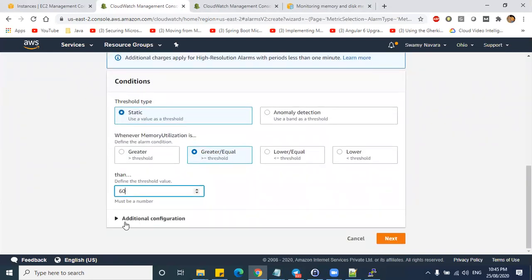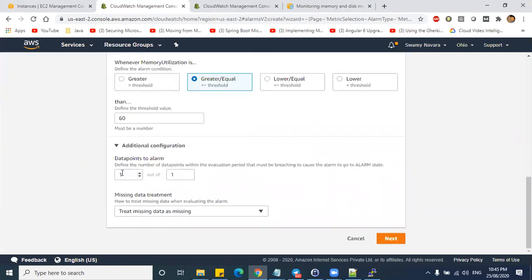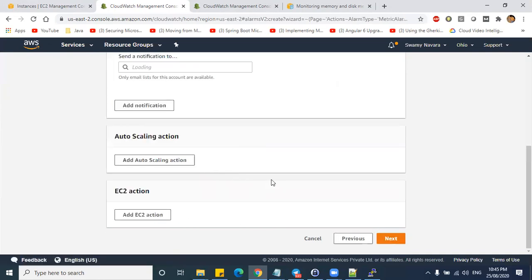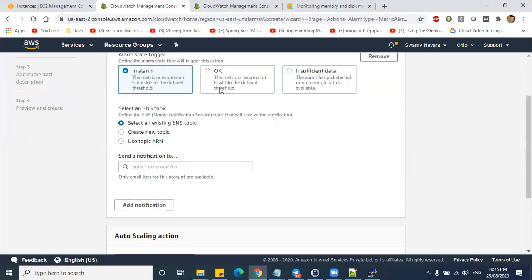Additional configuration means you can keep, for example, 6 checks. Out of 6 checks, if all 6 times it is passed, then only the alarm will trigger. Now I'll keep only one just to save some time, and click on next. So now your alarm is set.